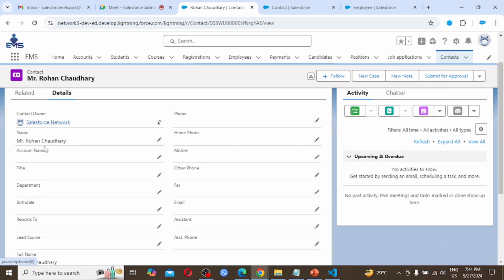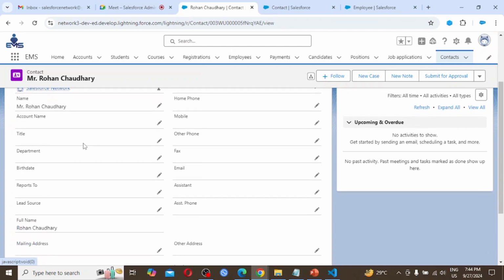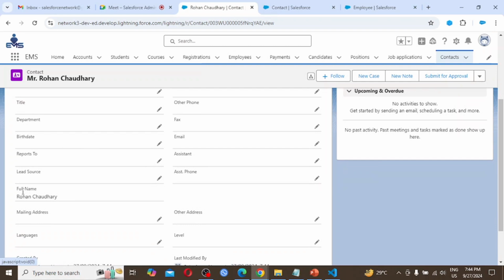Here the name is displayed like this: Mr. Rohan Chaudhary. This is a standard field data value. What we created, full name, is the combination of only first name and last name.